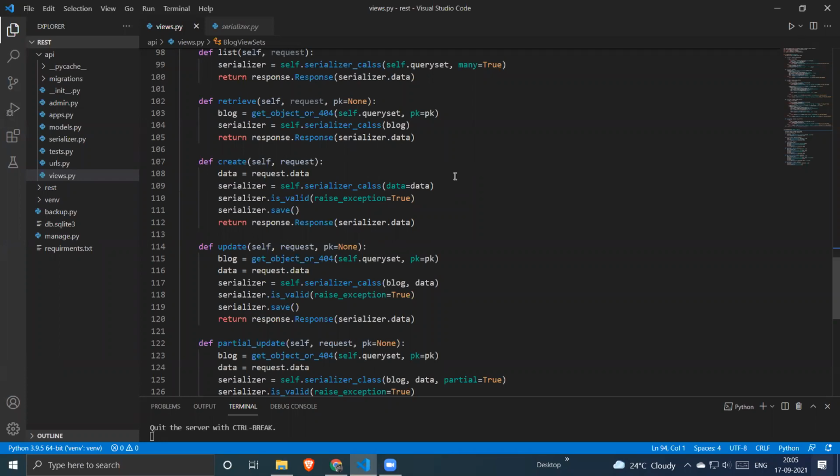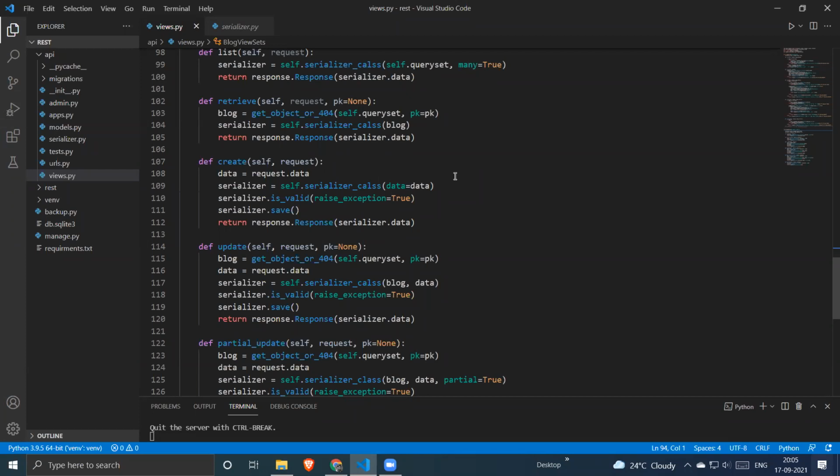Sir, my question was actually about API view set and model view set. Where do we use which one? Both are for CRUD operations. Both are a bit simpler than API view. Okay, got your question. So let's say you want to build a quick API. Then the model view sets are perfect. And if you want to create just a list and retrieve function, and you don't want to create a function where you can update or post anything to your profile, in that case, you are going to use the API view sets.